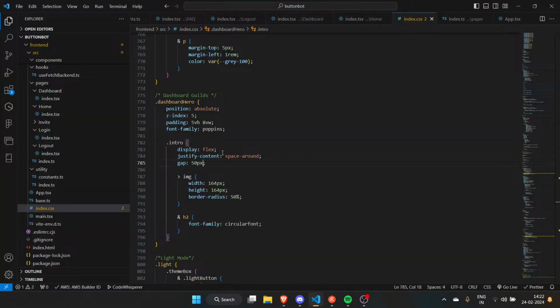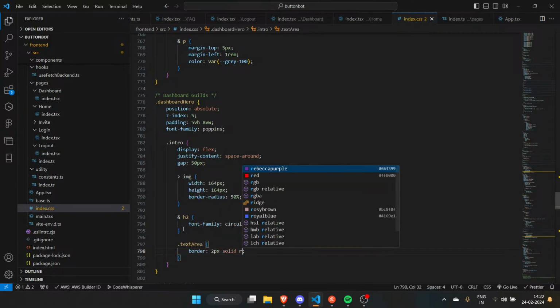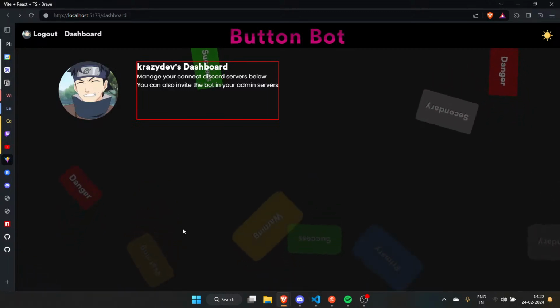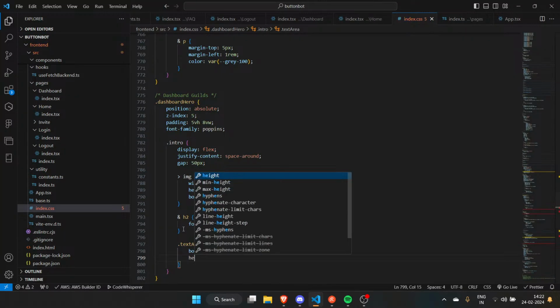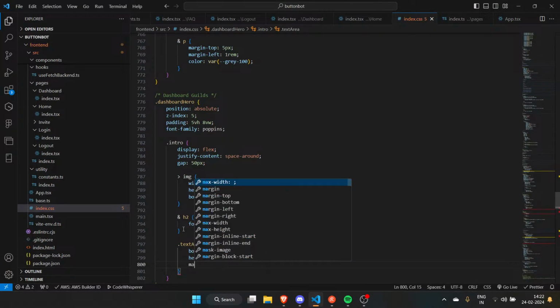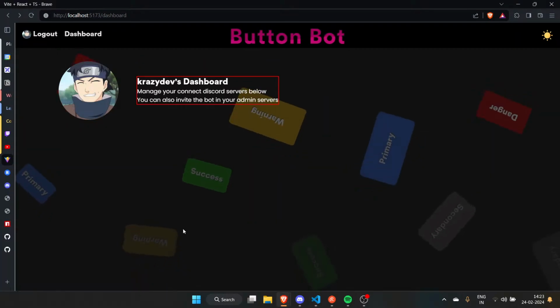And then where's the text area again? We have a text area, right? Dot text area or something. Border 2 pixels solid red. Awesome. Now I would like to have height of fit content and a margin of 0 auto, more like auto.